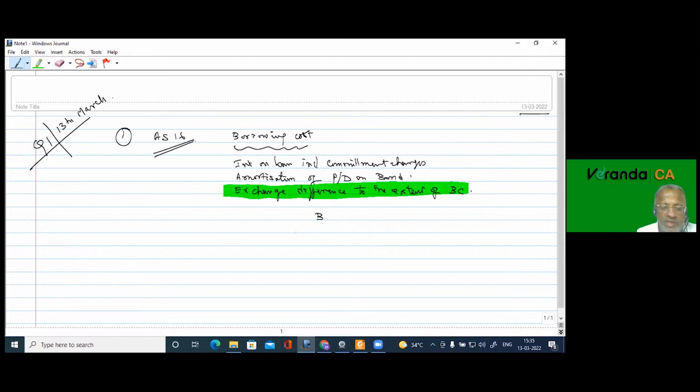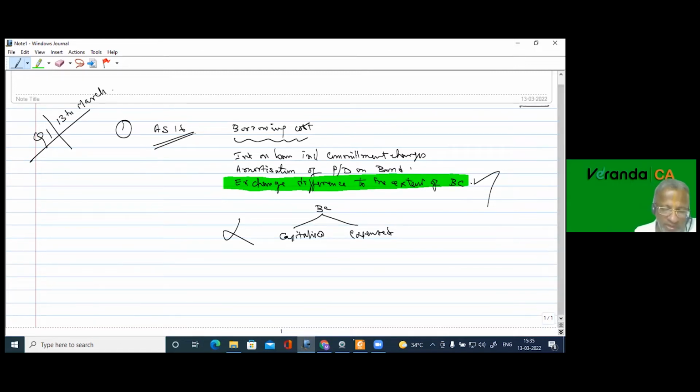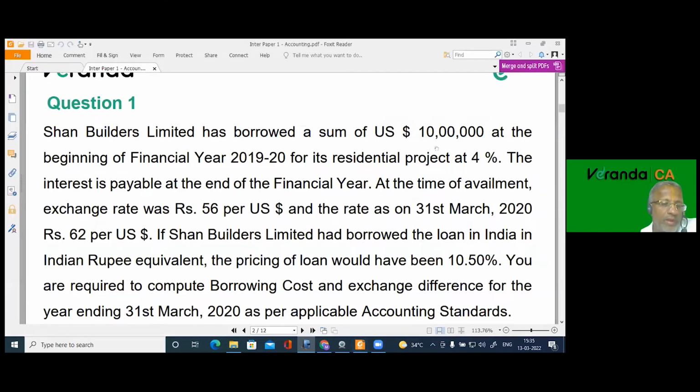Borrowing cost can either be capitalized or it can be expensed. We are not getting into the treatment here. We are just trying to find out how much of the exchange difference can be regarded as borrowing cost. For this matter, if we take up the problem,